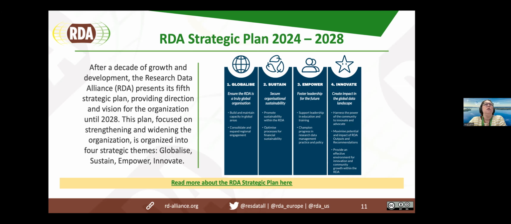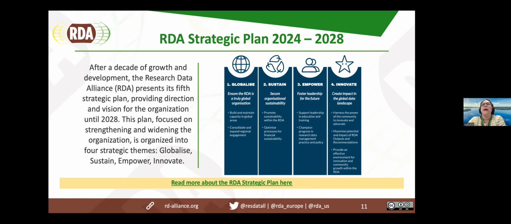So a kind of a new geographical area for RDA to grow in, and let's hope that it's a successful one, and then that the RDA participation continues to spread further south, in the global south, not just in South America, but also Africa is another